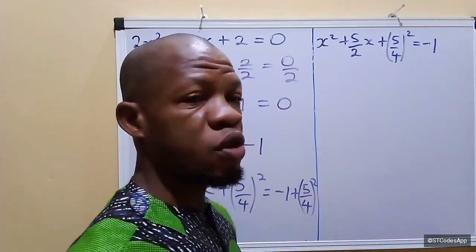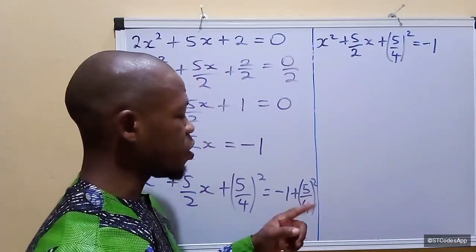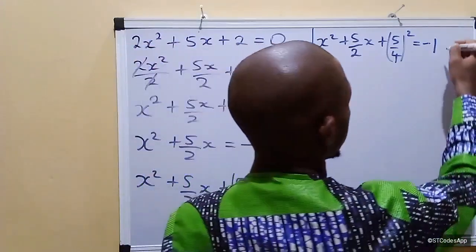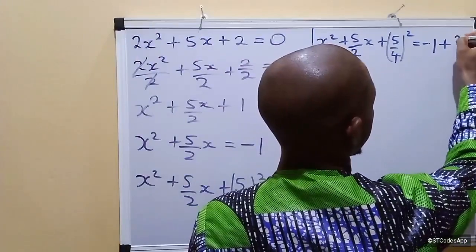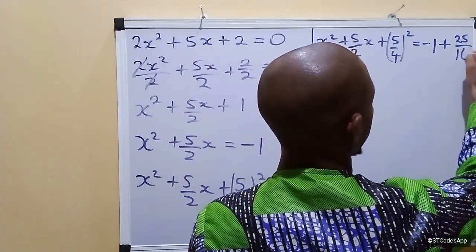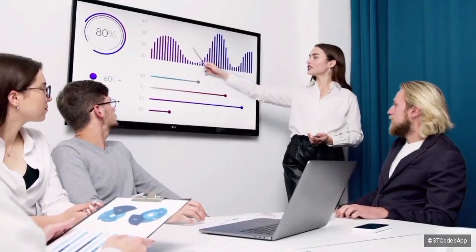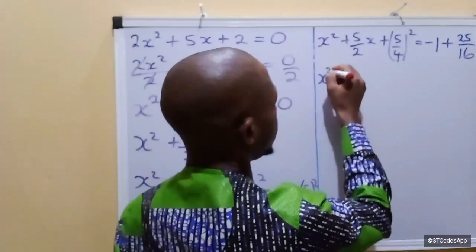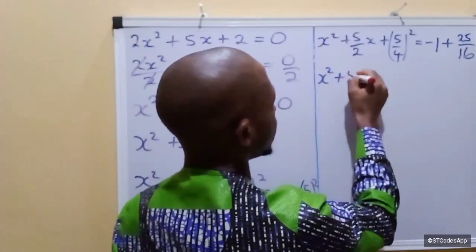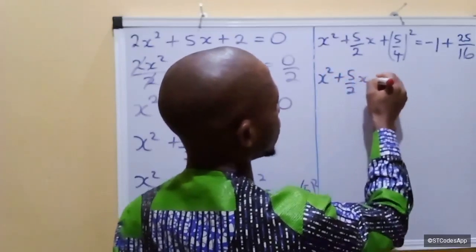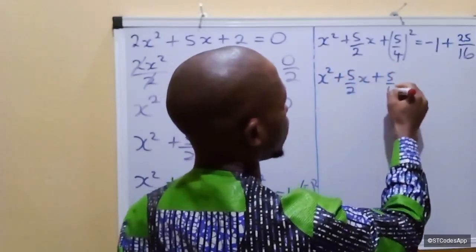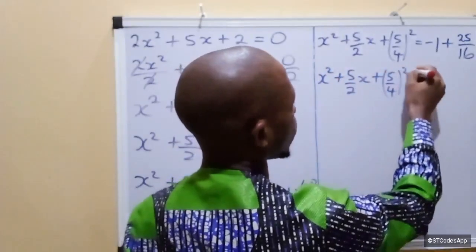5 squared is going to give us 25, and 4 squared is going to give us 16. So I'm going to have plus 25 all over 16. That is going to mean x squared plus 5 all over 2x plus 5 all over 4 all squared equal